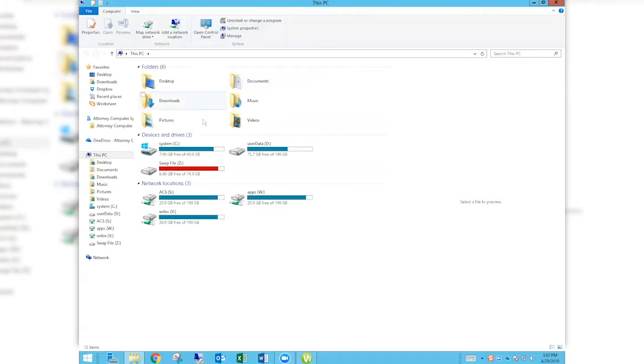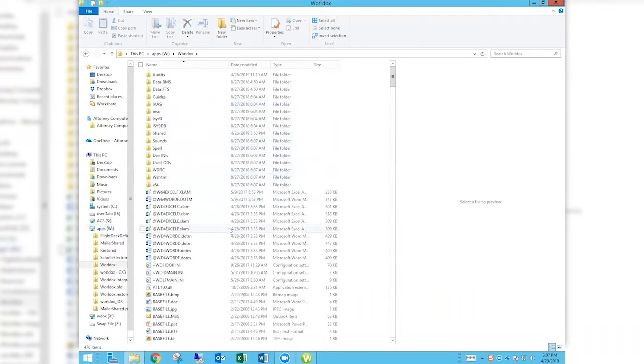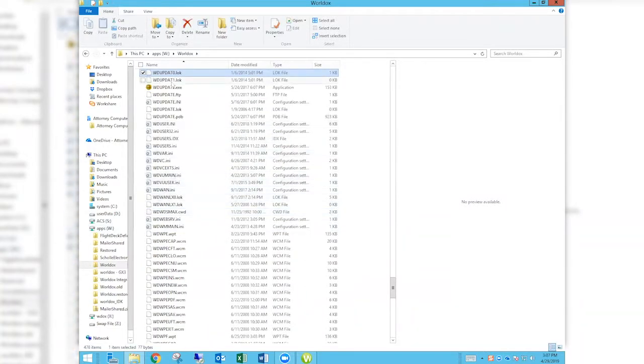We have ours mapped out here on our X drive. So we have our apps and our W drive. And so I'm going out there to the Worldox folder, clicking on that, and I'm going to WD Update. And if I go down to wdupdate.exe right here, and I click on that,